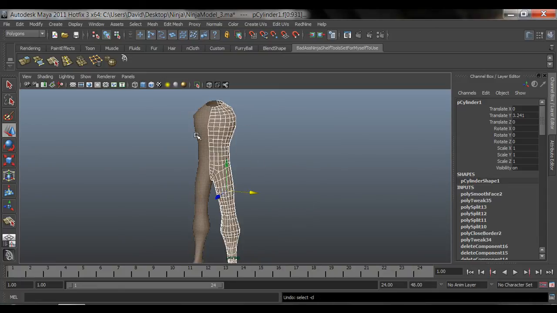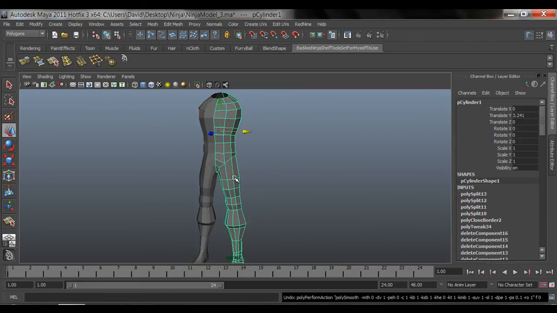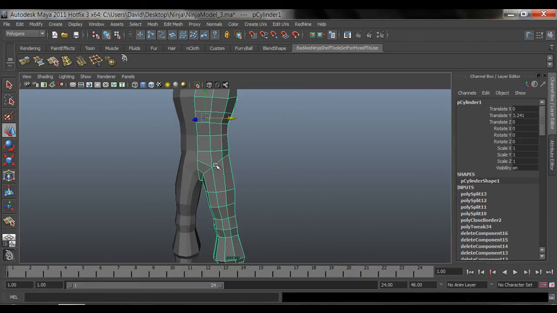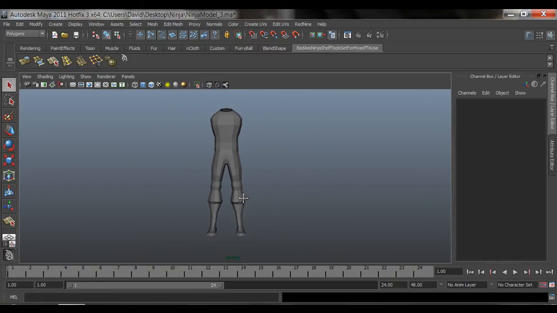Never model or continue modeling after you've added a smooth, because that smooth will add so many divisions that it'll just get you lost. Okay, so just Control Z to undo, and like I said, we're pretty much done here. Just the arms, the hands, and the head. I'll probably show you how to unwrap this guy, texture it, and then maybe bring this guy